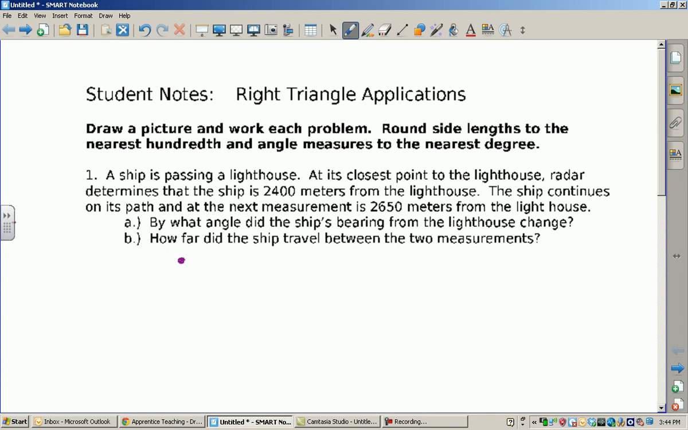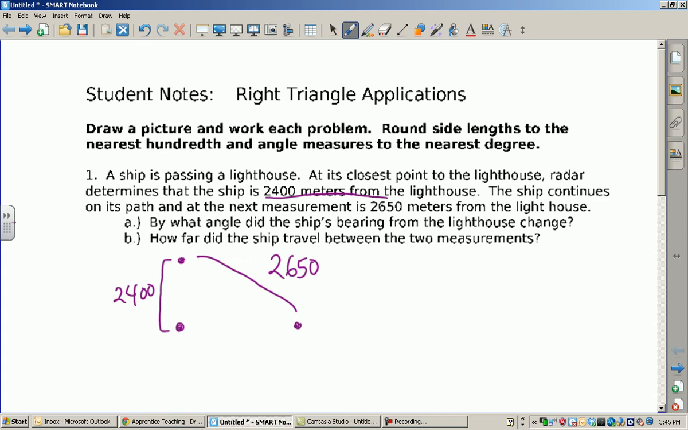And it says right here that the radar determines that the ship is 2,400 meters from the lighthouse, which I'll call it right there. So the distance between here and here is 2,400 meters. And then at some time later, the ship is measured to be over here, and that would be from here to here. That's 2,650 meters. Now we have two parts to this problem, and the first part is, well, what was the bearing